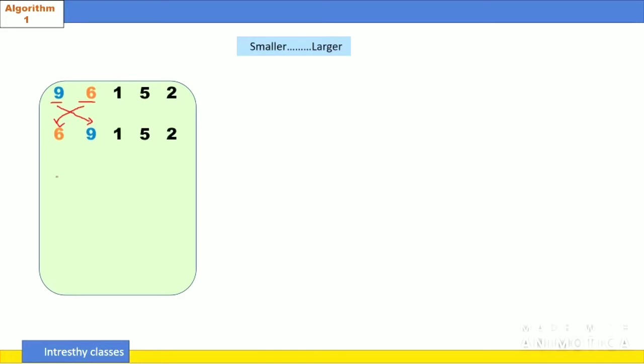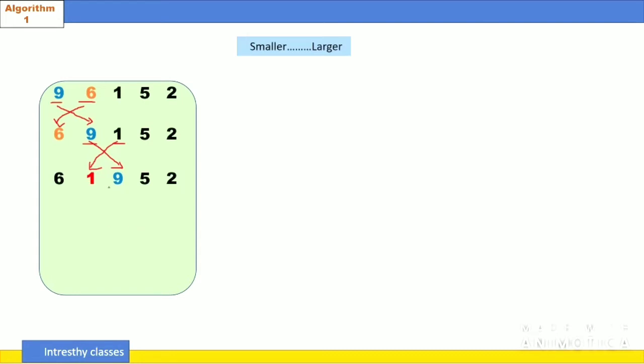Okay, now the number 9, which has been shifted, and the number after that will get compared. Which is smaller and which is larger? As 1 is the smaller value, it will come here, and the number which is larger will shift to one end.